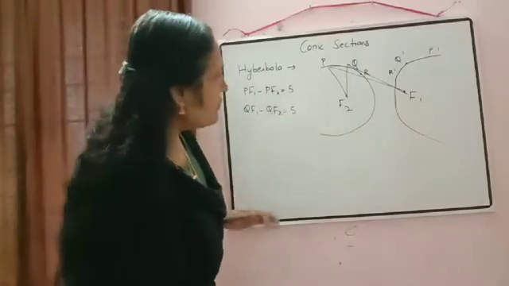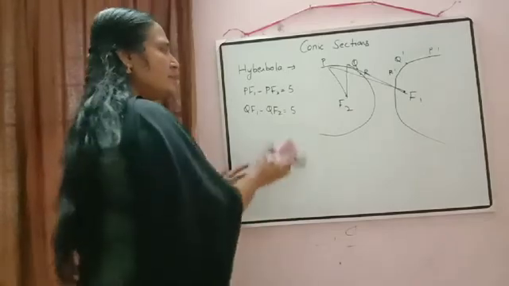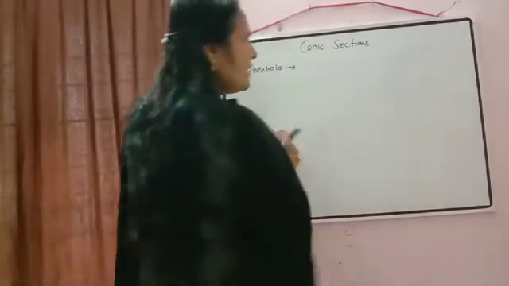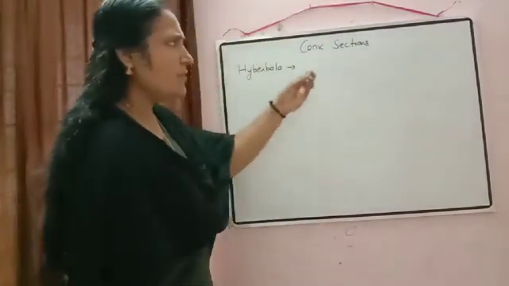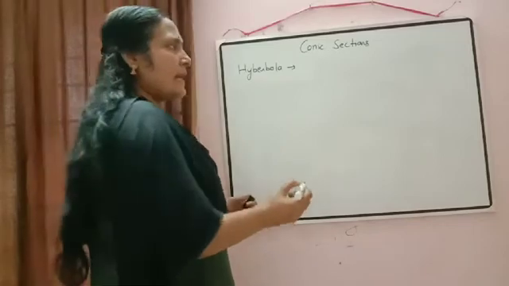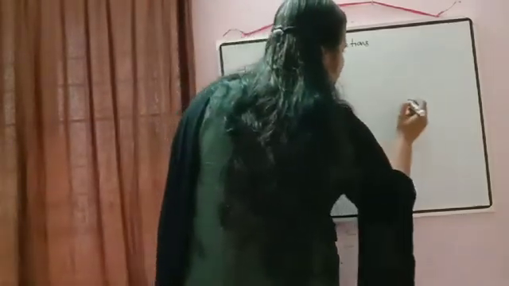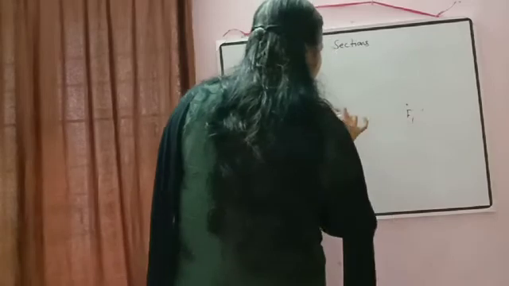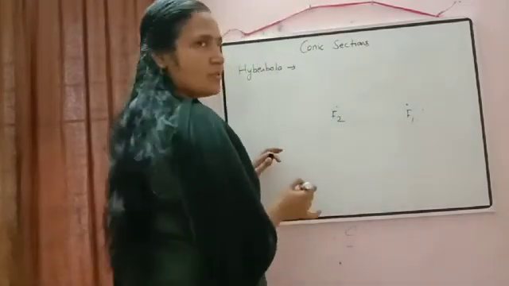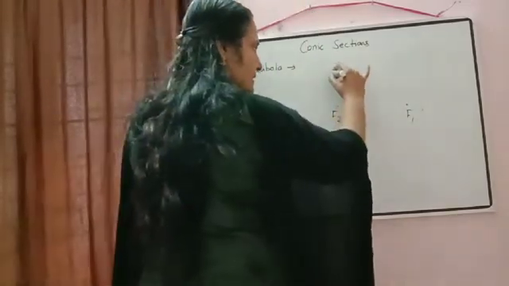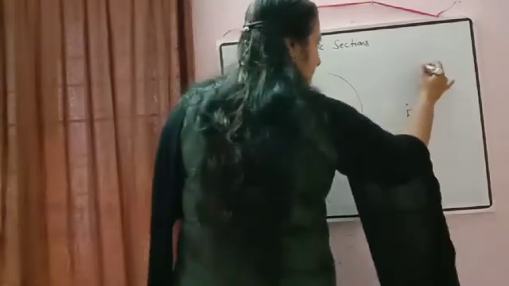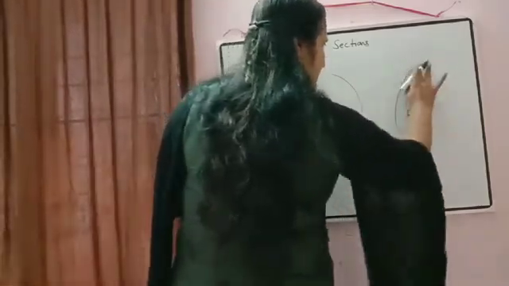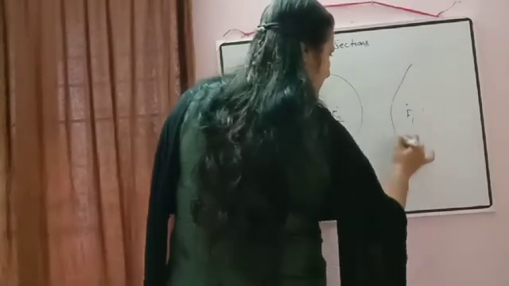Again now we will draw the correct diagram, and since all the rest of the definitions we have written, we will just write down what things are required, and if you want you can mention everything in the diagram itself. So what we said here, hyperbola is a collection of all the points, the difference of whose distances from two fixed points is always the same. So in this way we have 2 points, and the shape of the hyperbola will come in this way.